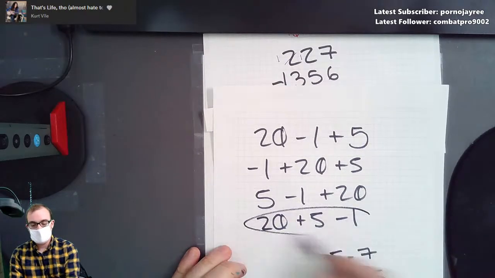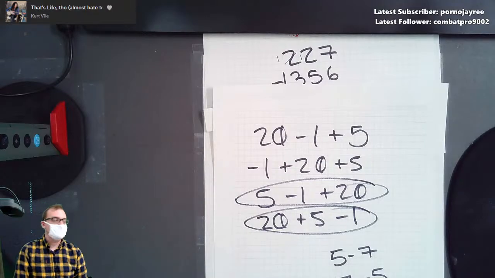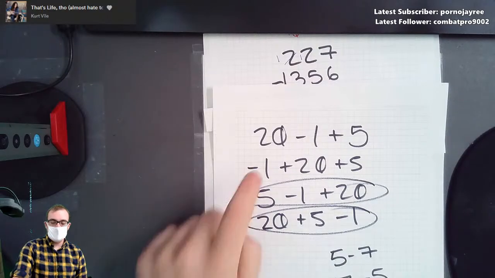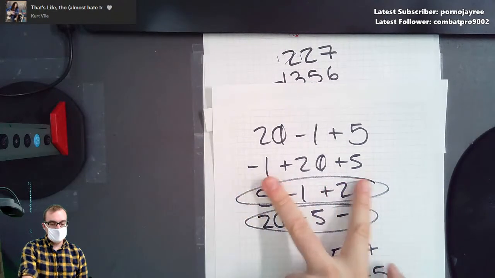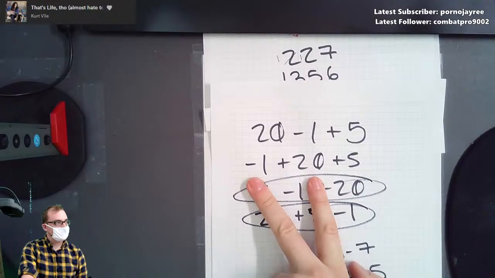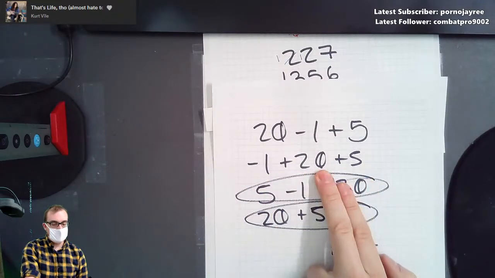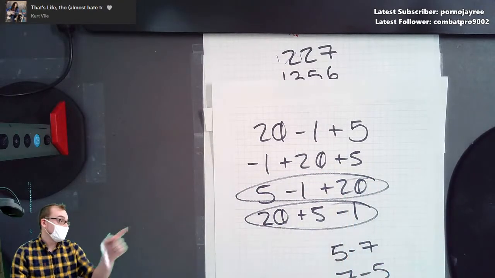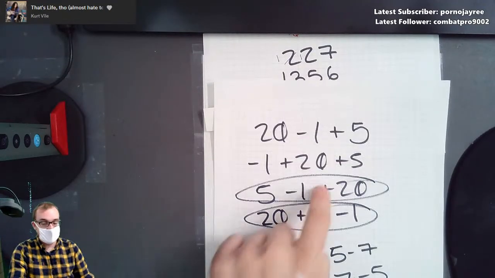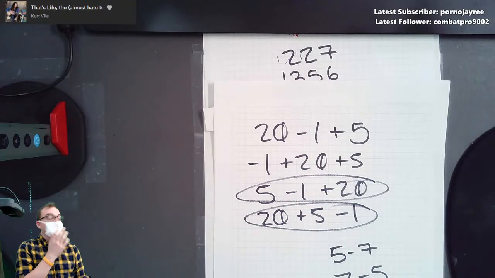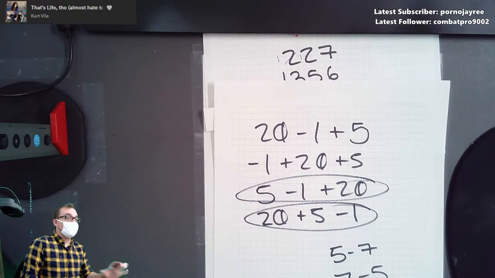This one's really nice, 24. The middle? What do you like about this one? I can easily do these two or these two? Oh, so 25. So the way you're doing it, if we write it out in order, is actually this one, isn't it? But yeah, it's the same. Yeah, exactly. And again, you can do subtraction in any order you want as long as you think of subtraction